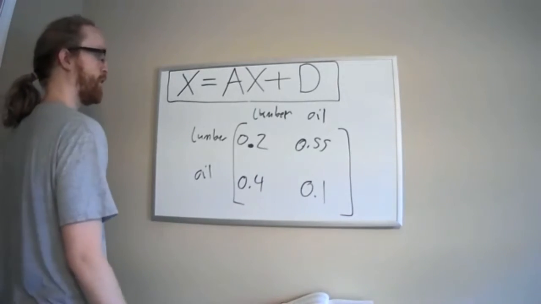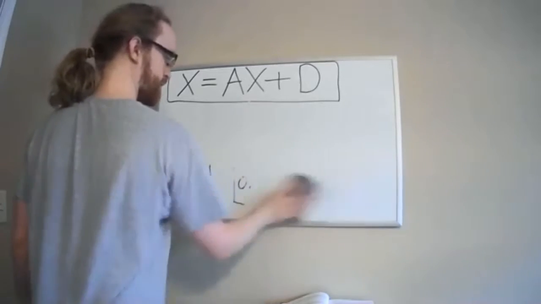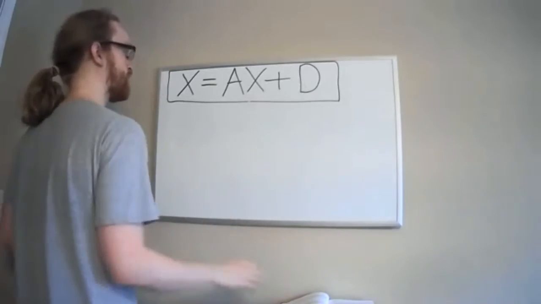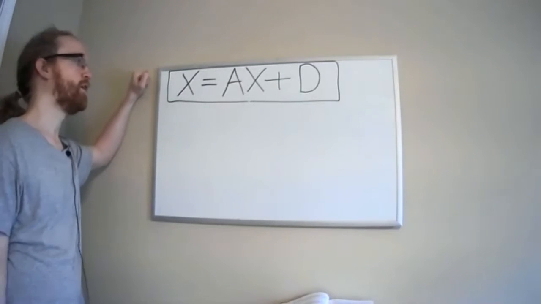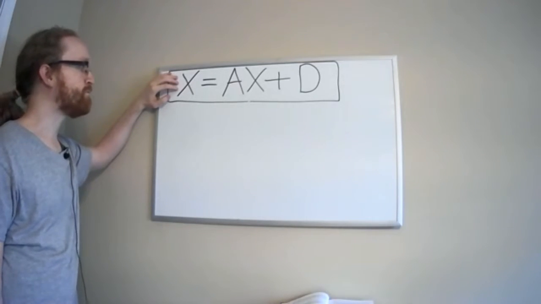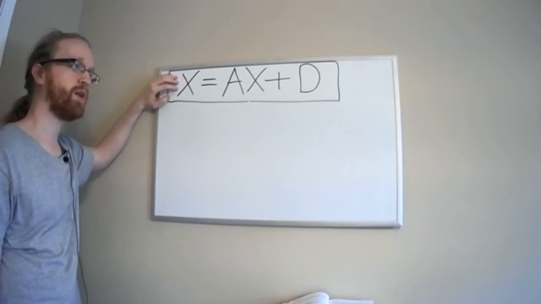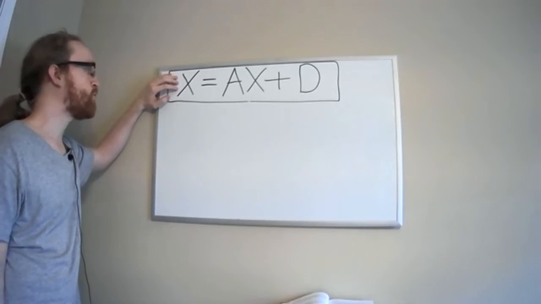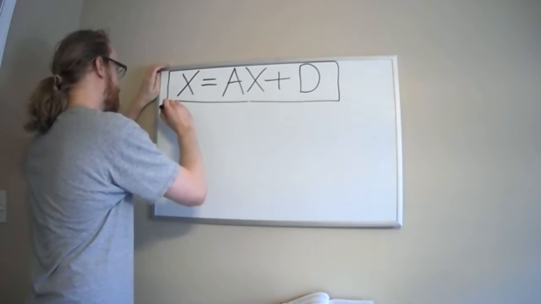Okay. So that's the technology matrix. And here's our equation where everything is going to come from. I have this equation, which is just defined by the way the problem is set up. That's where this comes from. And so now our question is, in our problem, currently we need to find